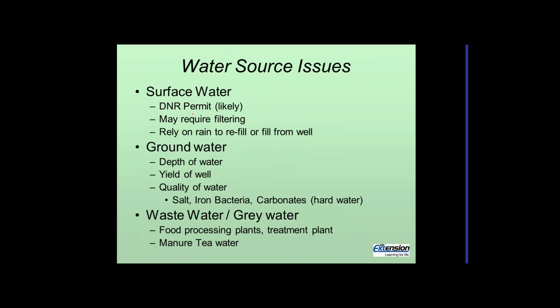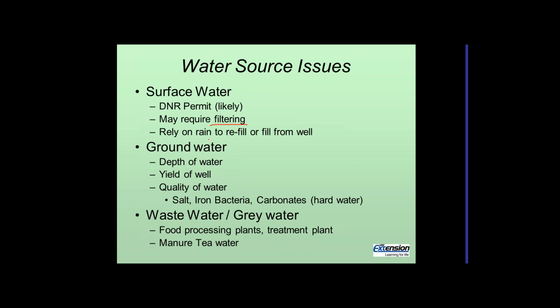For surface water, a DNR permit will be required. It may require filtering to get particulates out, depending on what kind of irrigation system will be used downstream from the surface water. One of the issues here is that when we need water for irrigation the most is typically when we have the least amount of rainfall. So if we're relying on rain to refill a pond, for instance, that may be a problem, or if it's a spring-fed pond and in a drought the spring dries up, that can be a problem for relying on that